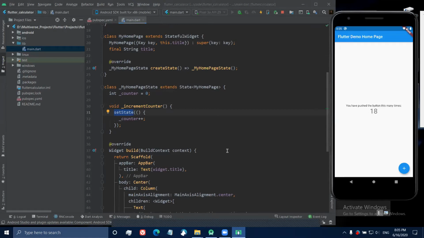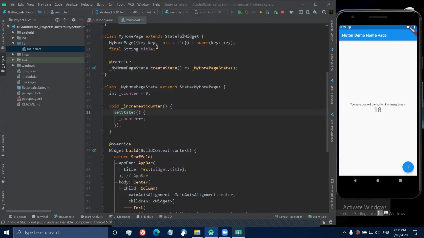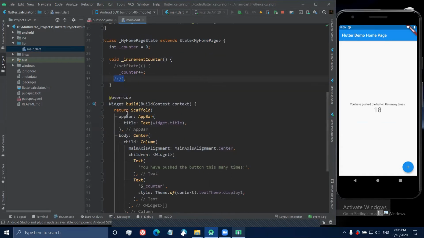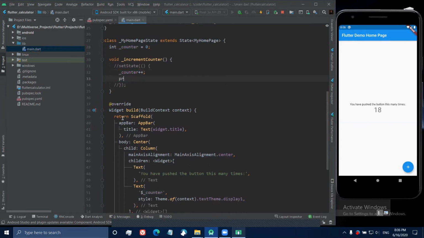Now, what if I just comment out this setState portion, just leave the counter like that? What will happen then? Any thoughts? What do you think, if I just comment out the setState, what will happen? Will the actual integer get incremented? Will you be able to see the UI update or not? The integer will get incremented, but you won't see it in the UI. Exactly. Yep. So again, let me hot reload and